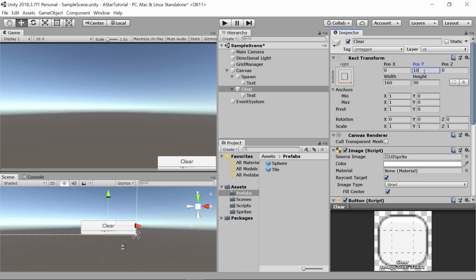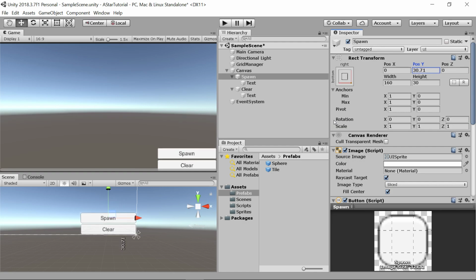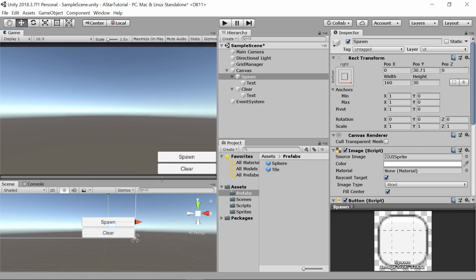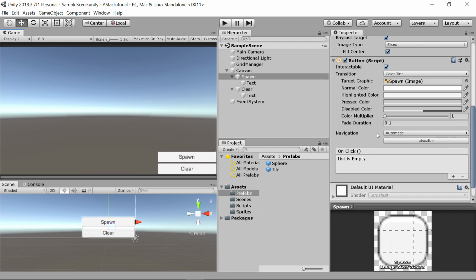We don't want the clear one to move. We want the spawn one to move. So we'll just do this. There you go. We got a spawn button and we got a clear button. You just move them however you see fit. They don't really do nothing right now, but when the button gets clicked, on click,